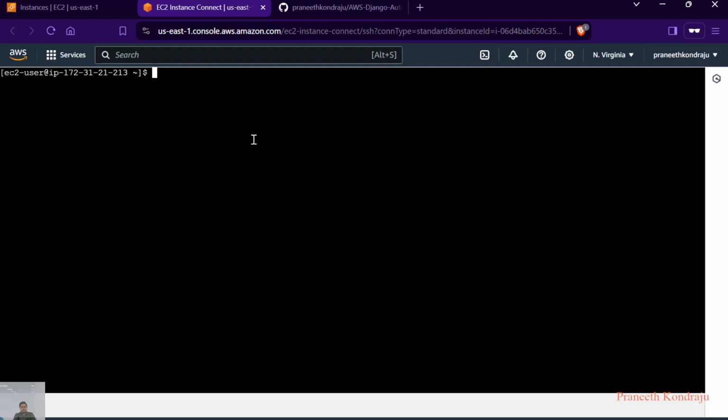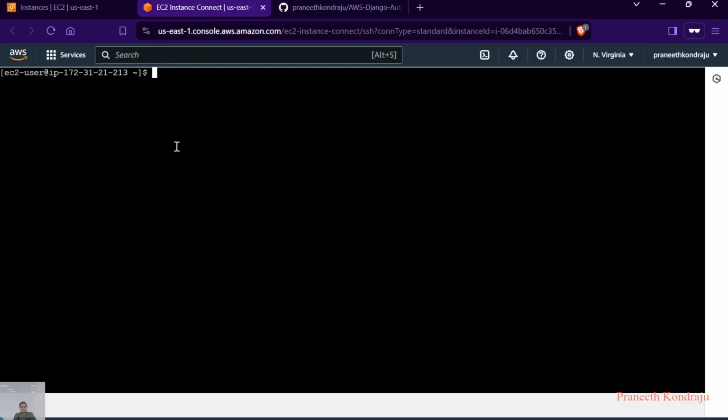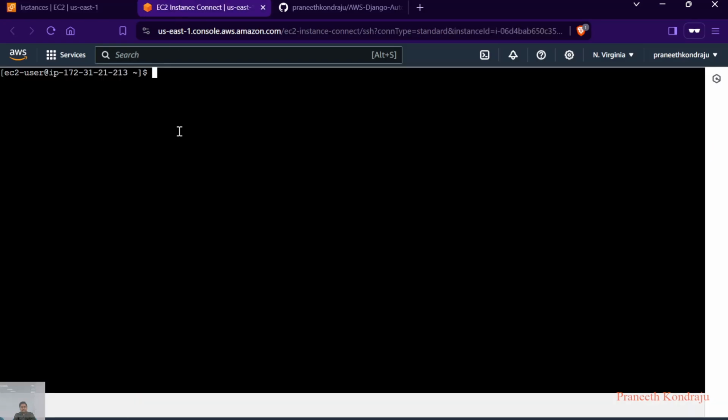Today, let's delve into the process of automatically pulling your code base from source control to an EC2 instance. Here our source control is GitHub. I have already started an instance, connected to its console, and installed Git as well for cloning purposes. Now let's clone our repository, typing the command git clone